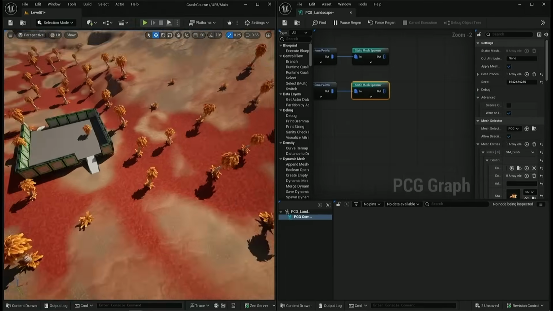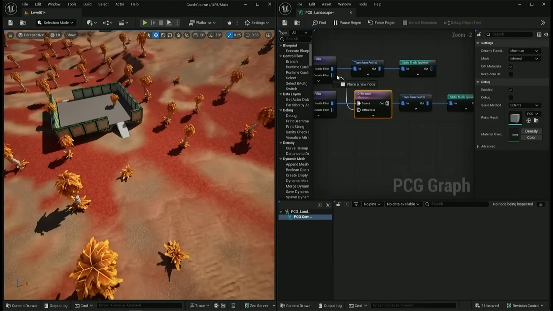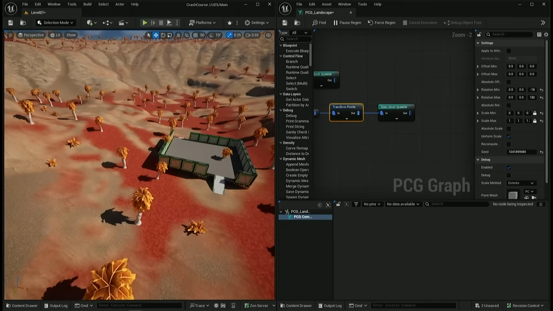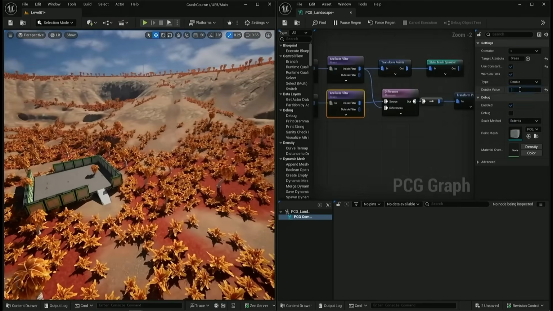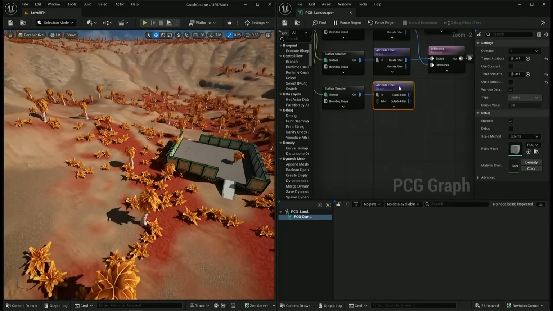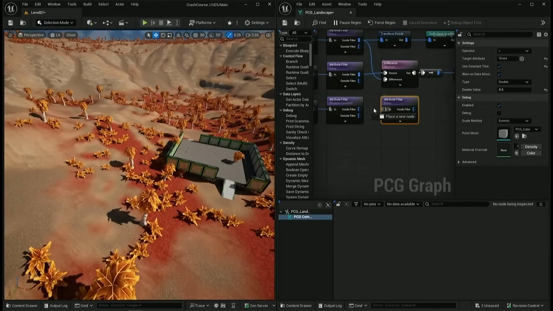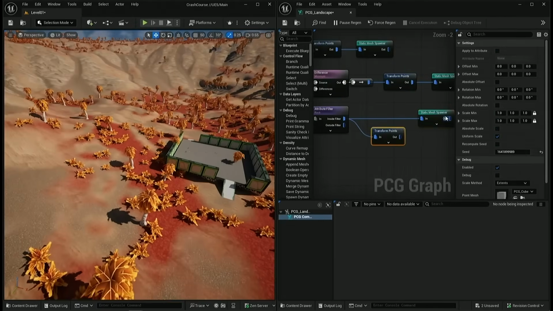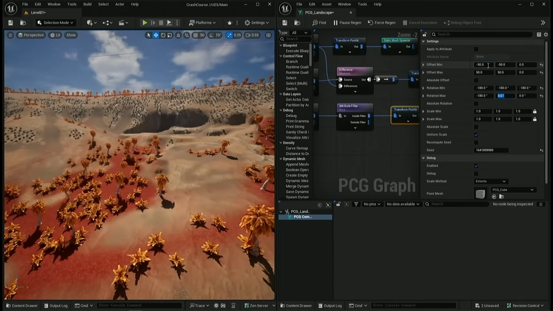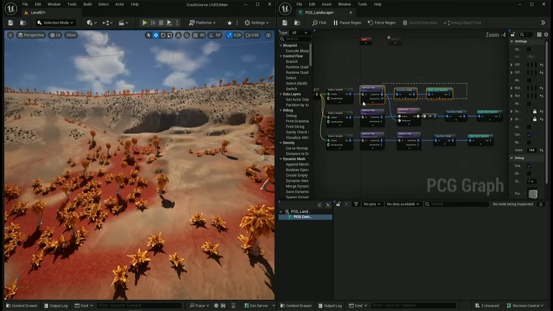But there's more. From here, I kind of blacked out. Don't totally remember what happened, but I do know that I started to add a few other meshes. I added the bushes, and then I used the difference node to filter the trees out of the bushes so that the trees and bushes don't overlap too much. I added rocks, and then I can filter based on the rotation of the point. So I can filter based on slope,